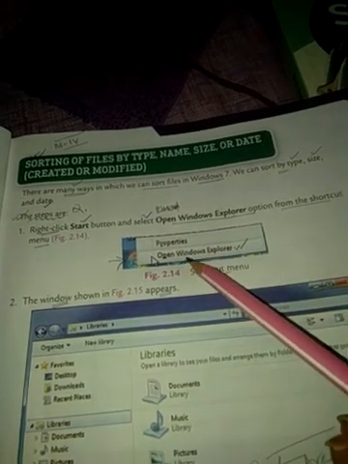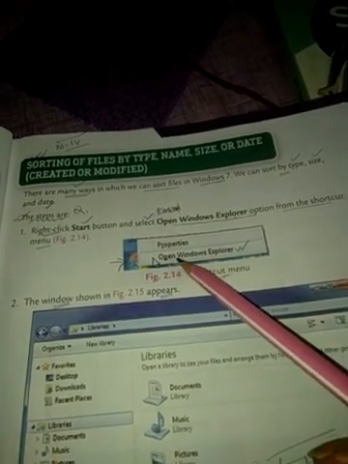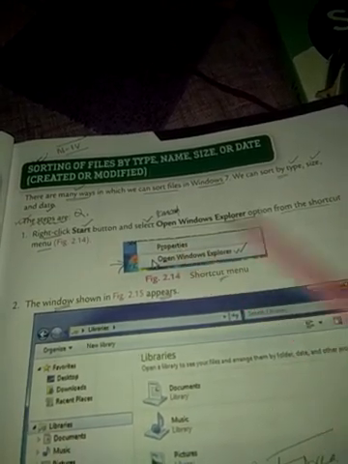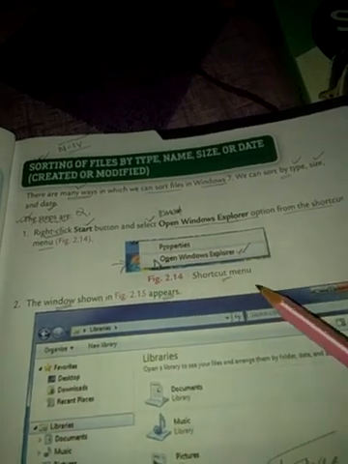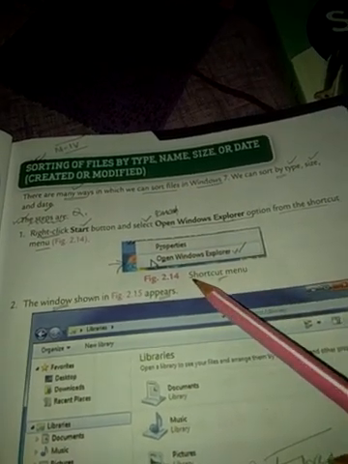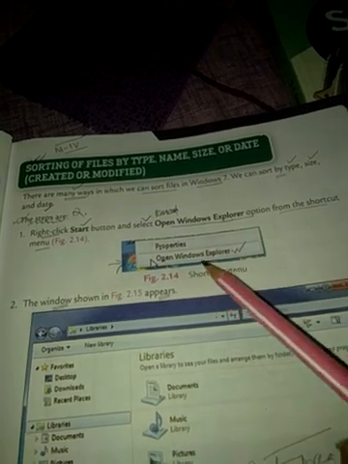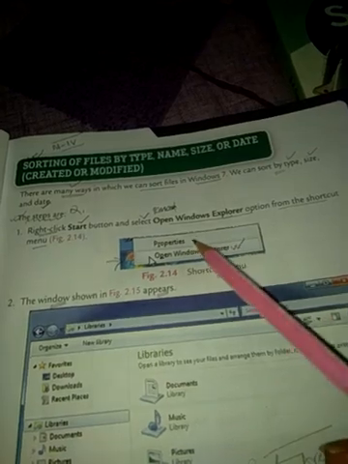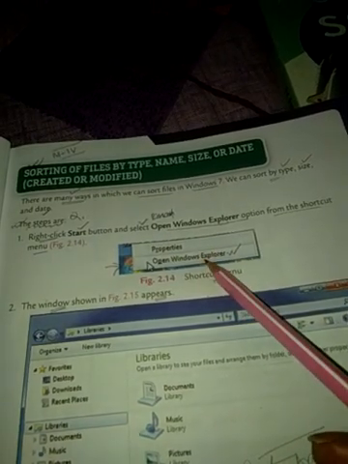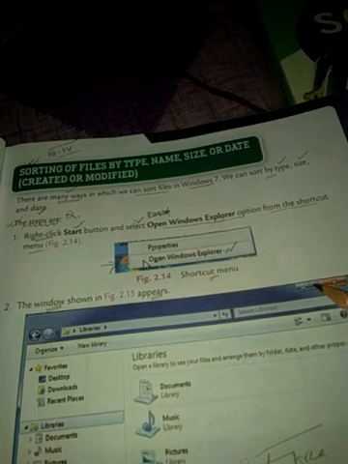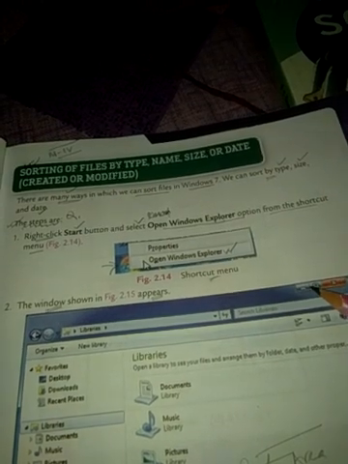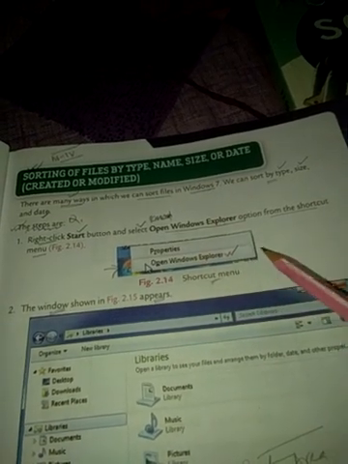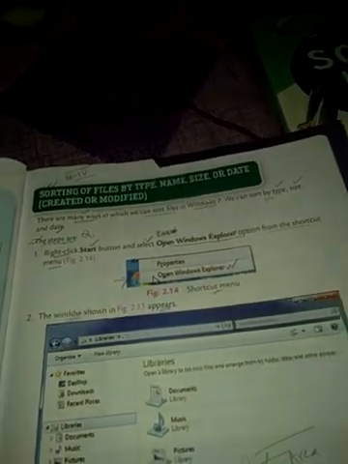We have to choose the second option, Open Windows Explorer, but we should not consider the first option, properties of the start icon button. Whenever this shortcut menu appears, we have to select the second option, Open Windows Explorer, from this shortcut menu. This is the first step which is involved in the process of sorting of the files.